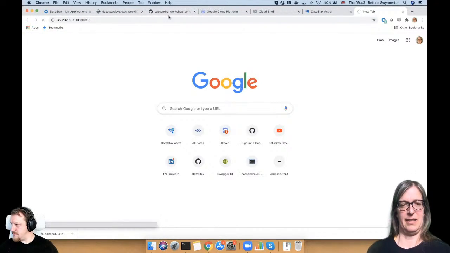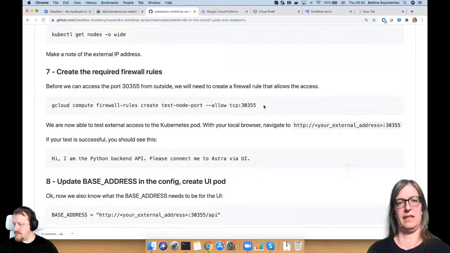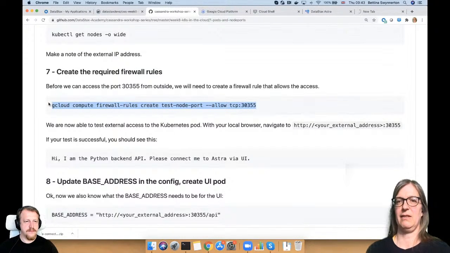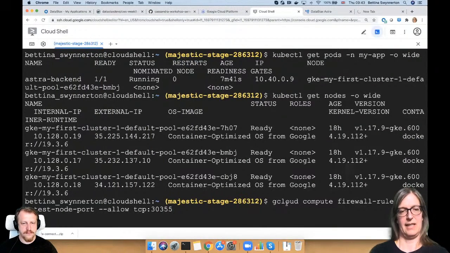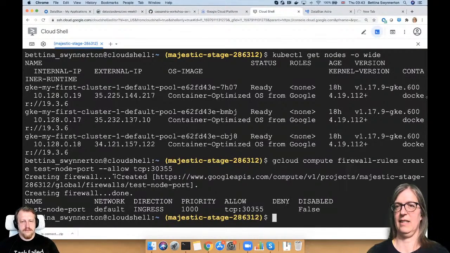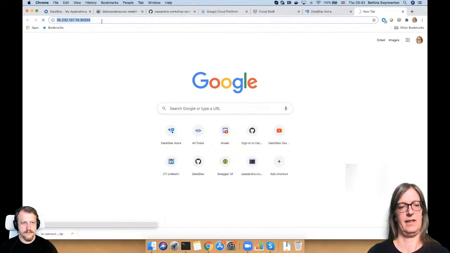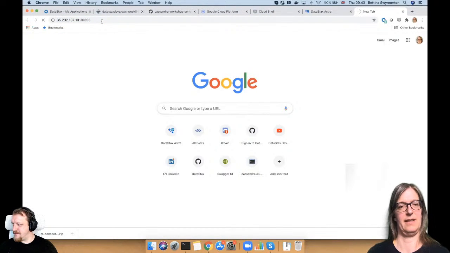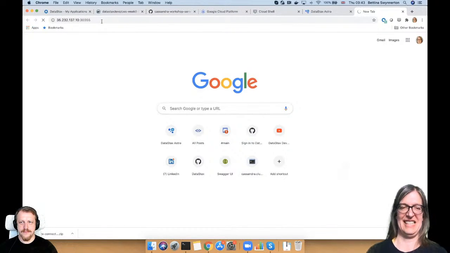And so I've put that into the, so I call the firewall rule test node port, and we need to run that first as well in order to be able to have the access. So it's creating the firewall rule. Takes a little bit of time to do that. Not hugely, but it's there, so it's creating it. And then try again, see whether that comes through now. I think for the first access, it always takes a bit.